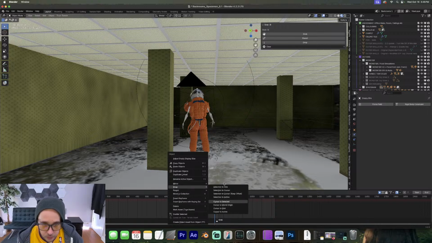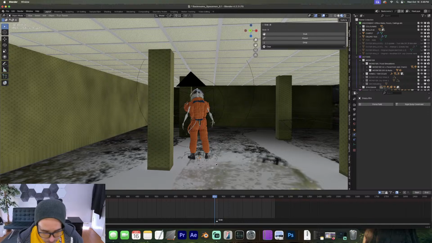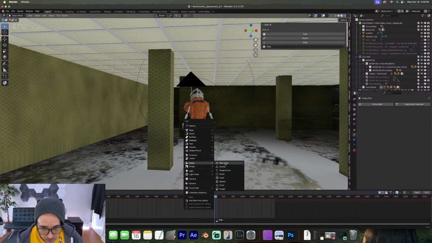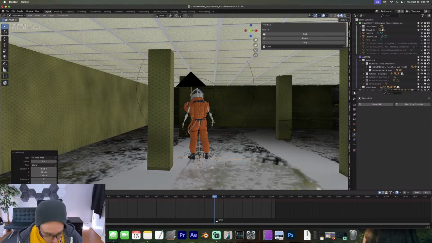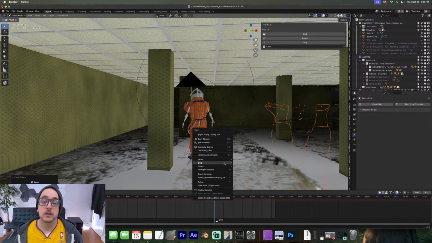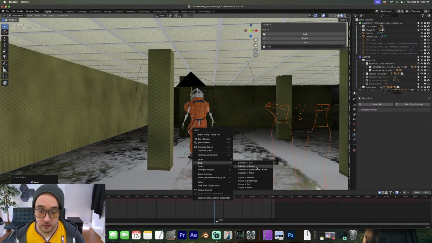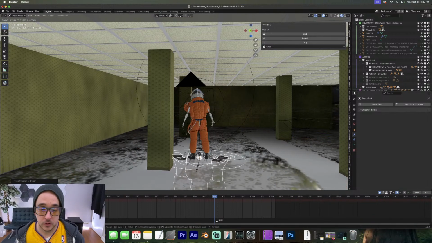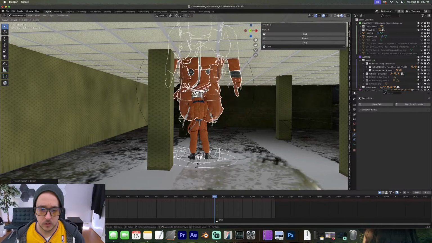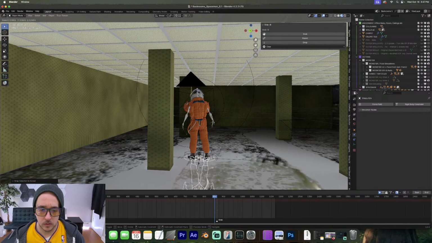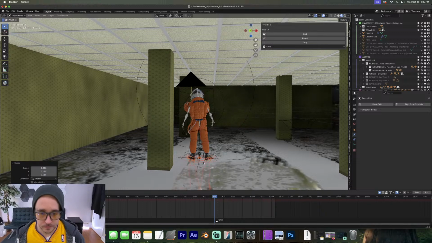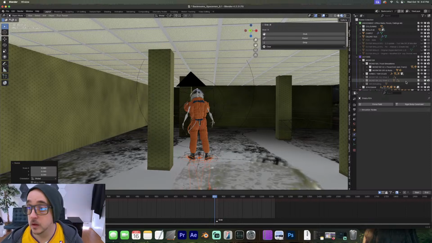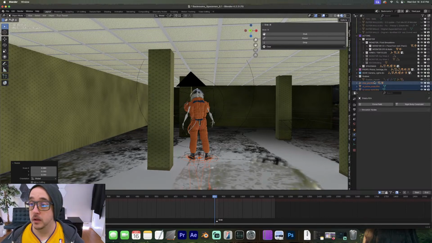Snap cursor to selected. Let's just make a new empty while we're here. Let's paste. Let's snap selection to cursor. Let's scale everything down to try to match. Let's put this with,